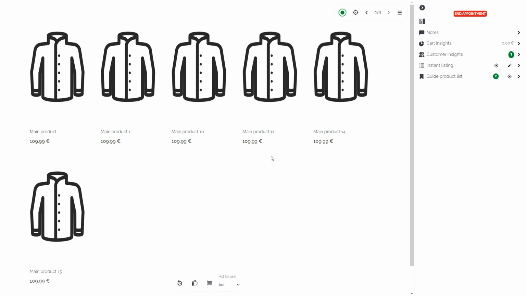Finally, as a guide, I can add products to the customer's shopping cart by selecting the relevant customer and then clicking on the cart button down here. And now at this point, I would like to briefly show the view of the customer.